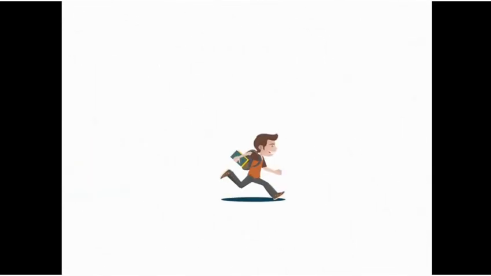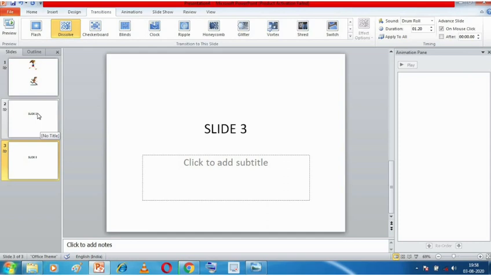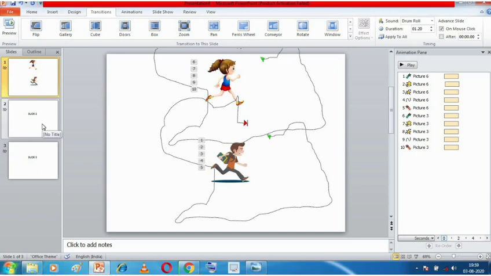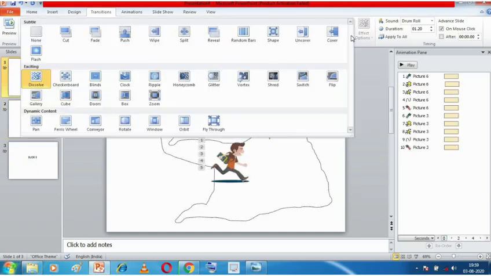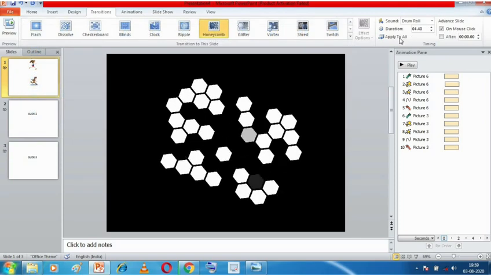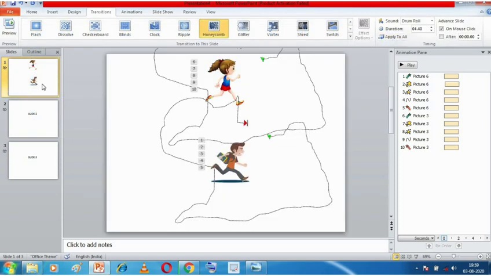Okay, let's see again. So this is the first slide. See, the transition effect is happening, but it's not showing because I need to choose another transition, because there are no objects on this slide, only small text. That's why it's not visible. So I need to just change my transition effect. Suppose I use this one. Okay, and then I select apply to all the slides. So let's check now. So this is the transition effect on the first slide.